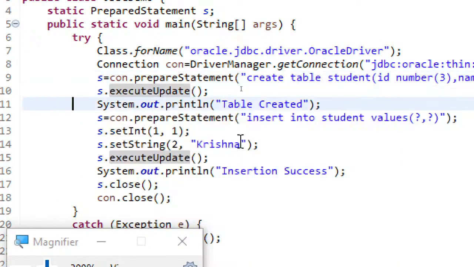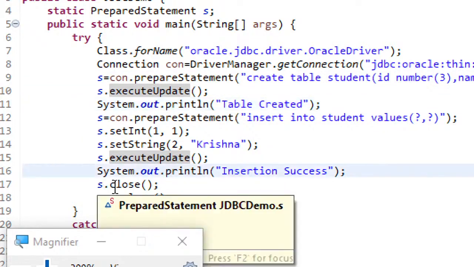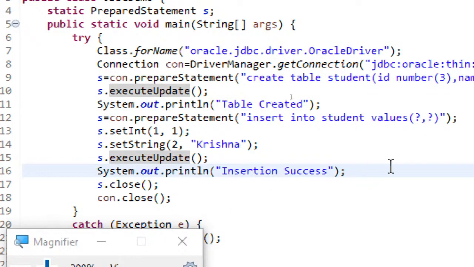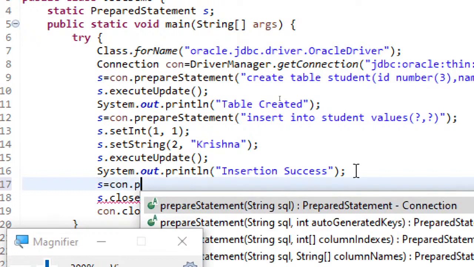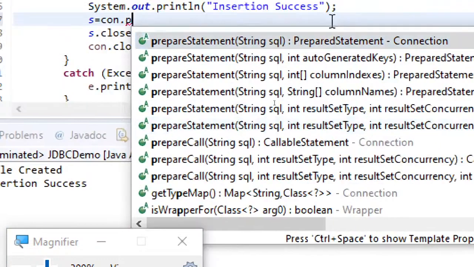And now the table got created. After that, I have just closed my statement and connection objects, which is my step 5. Now, what we will do is, we will even display this particular record here, and for that we require which query? Select query. So s equal to con dot, again prepare statement, sorry,